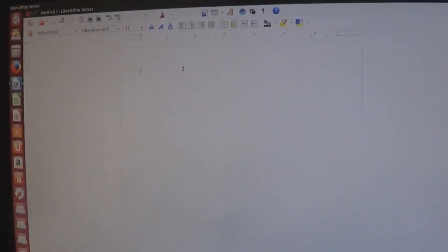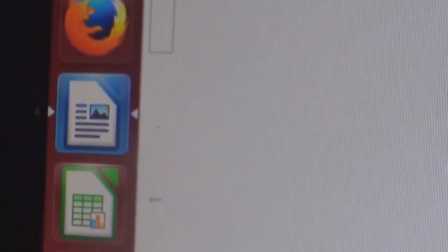Now, is there an indicator that you see that shows you, without looking here, but looking in this bar, an indicator that shows you that LibreOffice is open? Yes, the two little arrows. And the fact that it's highlighted blue colour in the background. See the little clear bubble? I didn't notice the blue, but I did notice the...